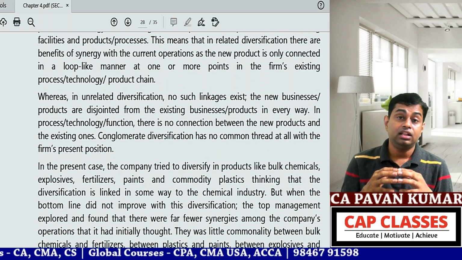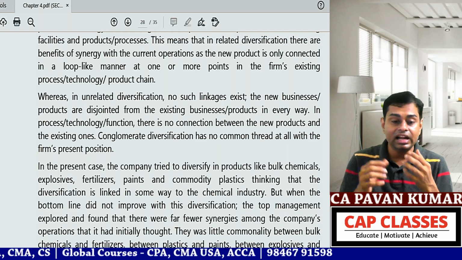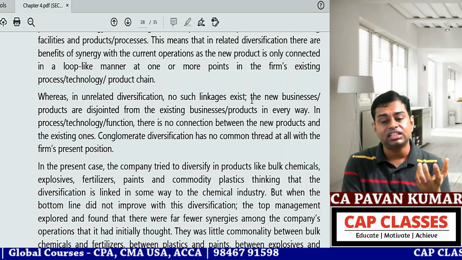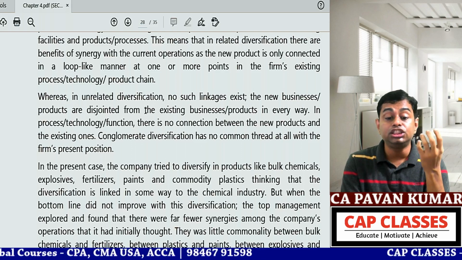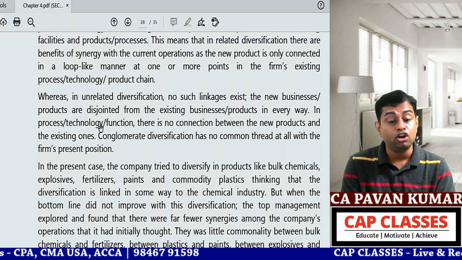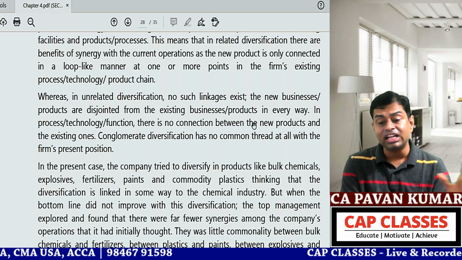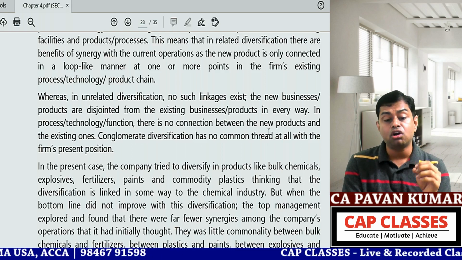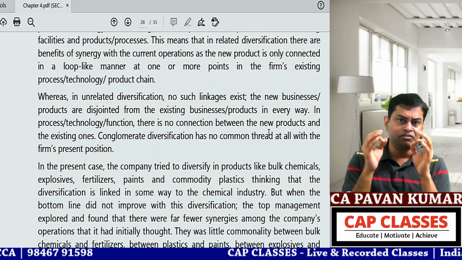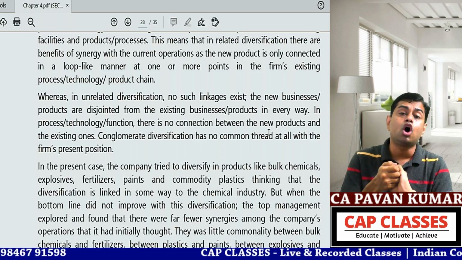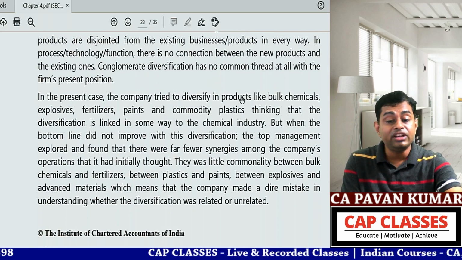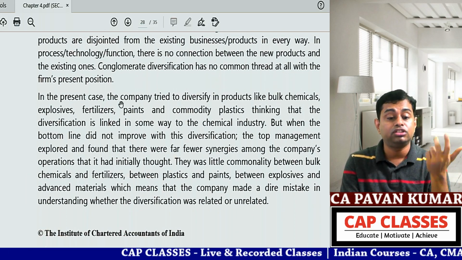In the second para, they will explain what is unrelated diversification. Whereas in unrelated diversification, no such linkages exist. The new business or products are disjoined from existing businesses or products in every way. In process, technology, function, there is no connection between the new products and the existing products. This is called conglomerate diversification, which has no common point, no common link, no common thread, disjoint. In the present case, the company tried to diversify its products like bulk chemicals, explosives, fertilizers, copy paste